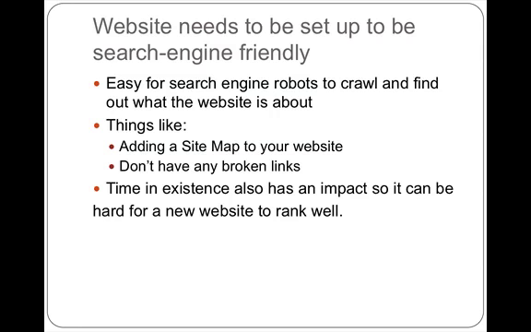A sitemap's really just a page that's got all the links on your website on it. So maybe you've got your home page, and then you've got all the links that your home page links to, and then all the links that those other pages link to. And it means that the robots can crawl around the sitemap, and that they actually cover every page of your website, and it's easy for them to find all the pages.